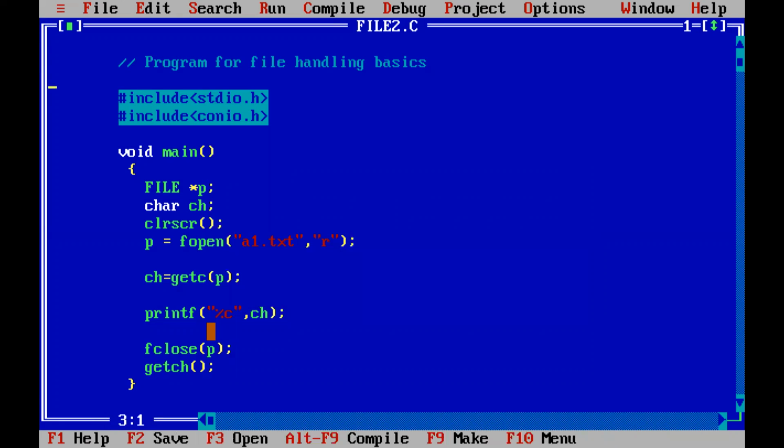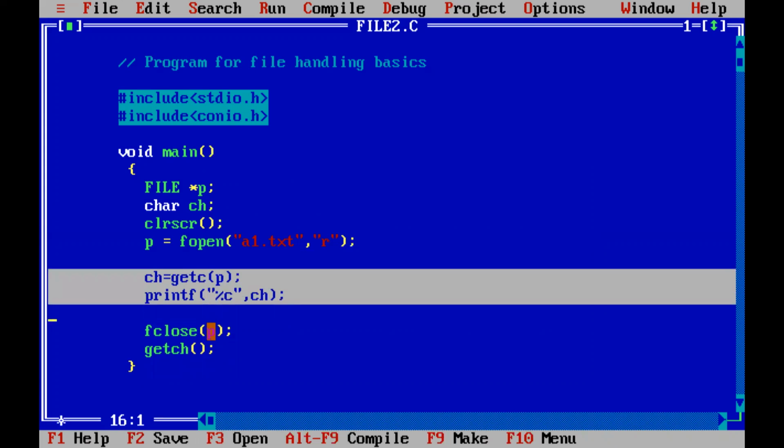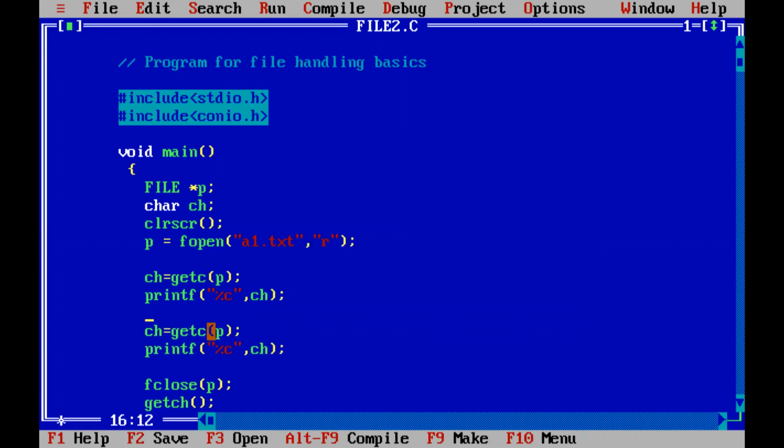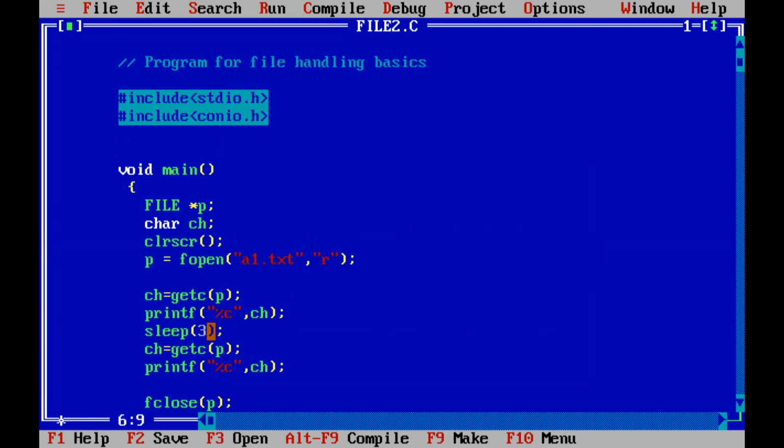Okay. Then I'll just copy this command from here and paste it here. What I'll do is I'll put a getch pause here, or I can put a timed pause here with the sleep command so that you can see its effect. And for this sleep, we require the file dos.h, right?